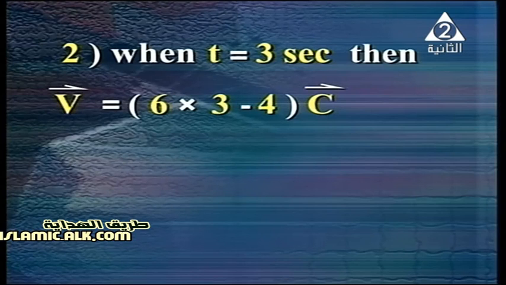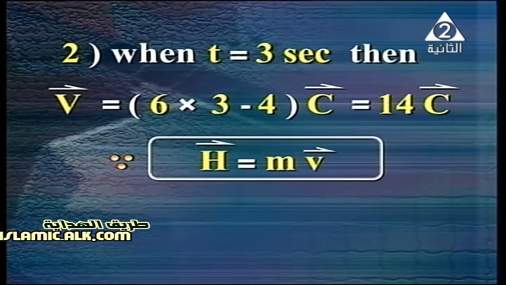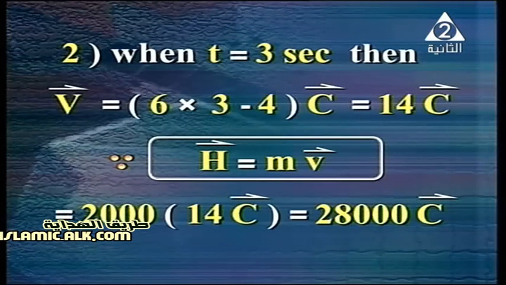Second case, when t equals 3 seconds. By substitution of t equals 3 in the velocity, v equals 6 times 3 minus 4 in direction c. The answer is 14c. In this case, dear student, the momentum vector h equals m v vector. By substitution of v equals 14c and m equals 2,000, then 2,000 multiplied by 14c equals 28,000 in direction c, or the magnitude of momentum equals 28,000